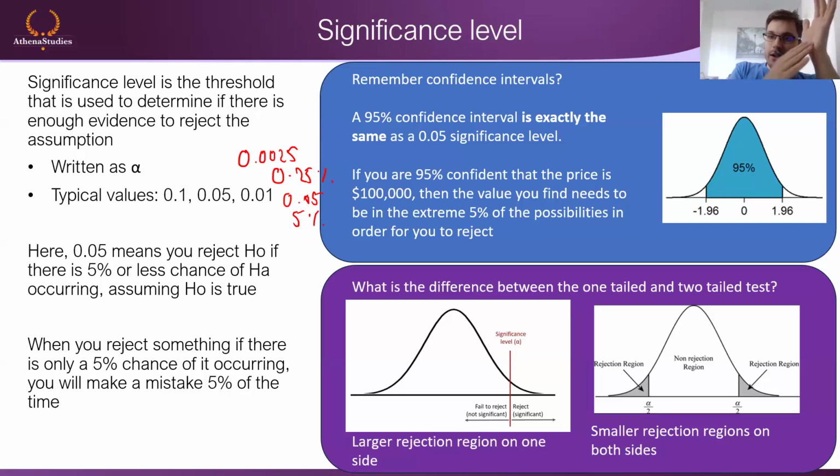So the idea is that the significance level has to be lower than some threshold in order to reject the null hypothesis. Okay. That is given to us. For you, most of the time it's going to be 5%, 2.5%, or 10%. So one of those three is going to be given, right? And it's going to be 0.05 or 5% in like 90% of the cases. But don't worry, it's always said in the example, in the exercise. If it's not said, a lot of the time it's assumed that it's 5%. Okay. So just remember that.